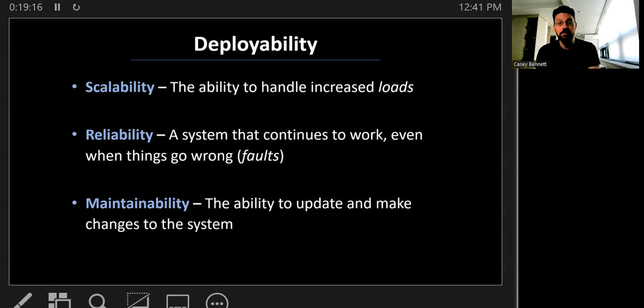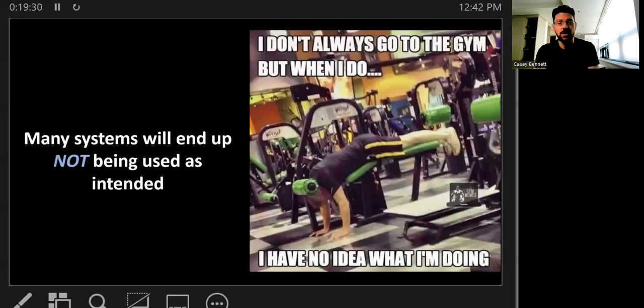And the other one is maintainability. Again, we need to be able to update and maintain our solutions. Otherwise, they're not going to be valid anymore. In just a few months, something will have changed, and now we just wasted all of our time building something that no longer makes sense. And we don't want to waste months building something that might be irrelevant in 3 months. That's kind of pointless.